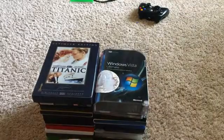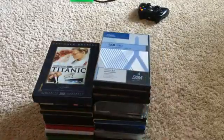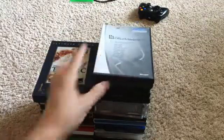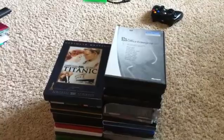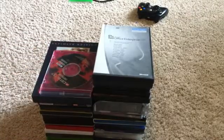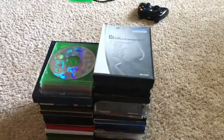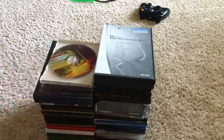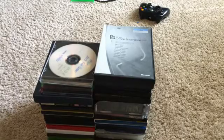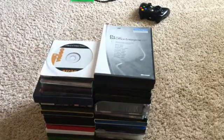Windows Vista Ultimate install CD, Age of Empires 3, Visual Professional 2003, the SAM 2003, the Assessment for Microsoft Office, Streets and Trips 2006, Office Enterprise 2007. I can get these discs. The ATI Catalyst software, the wireless and USB adapter, the random CD-R, Windows 98 install disk, Neon Trees Picture Show, my sister's soccer contents on DVD-R, so Sony DVD-R, Memorex and Sony mini DVD-Rs, the EasyCap USB Video 2.0 device